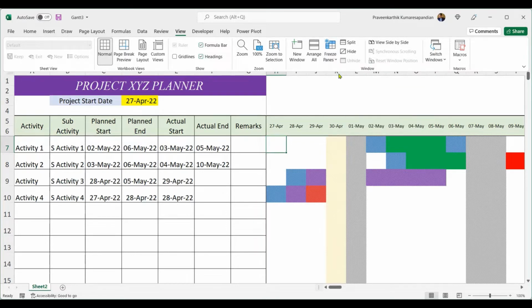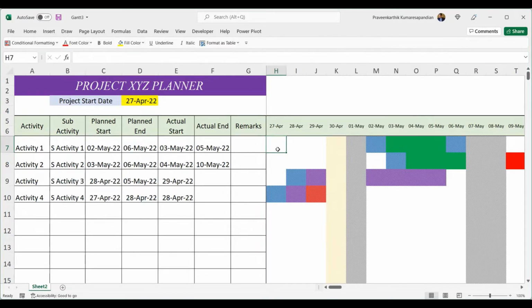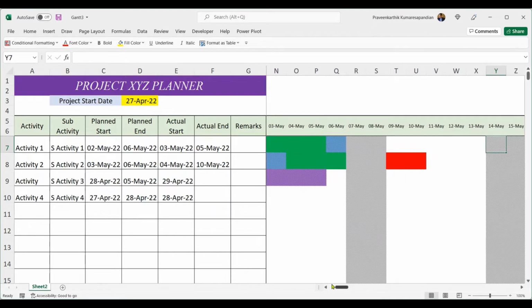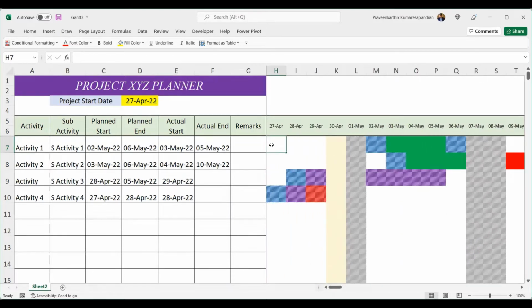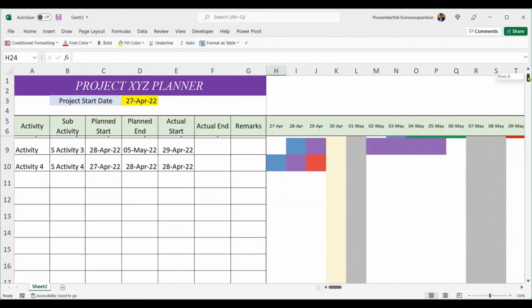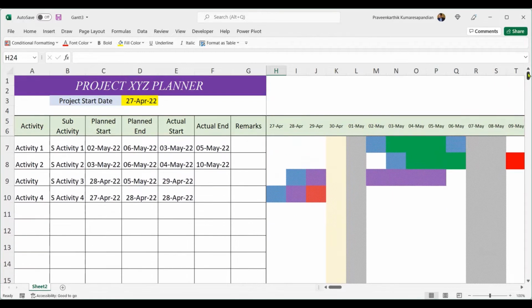That's it. Now you can move this to the right side, or you can move this down as well. So that gives you a perfect view of your project plan. Now then, for the benefit of users, we are also going to add the legends for all the color coding that we have used. To start with,